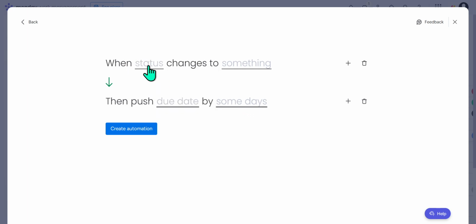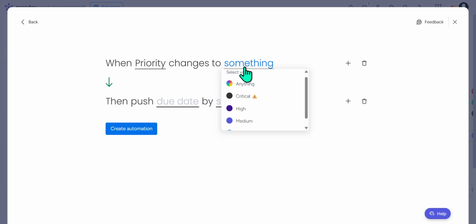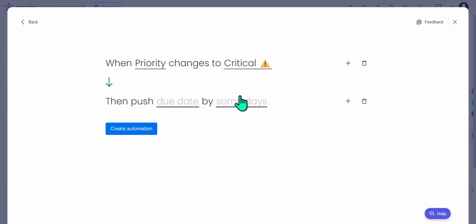Begin by clicking on the Status field within the template. This action allows you to choose the specific column associated with the priority status of your tasks. It's important to select the correct column here, as this choice determines which status changes will trigger the automation. Now you'll want to customize the Something part. Change this to the particular status that should trigger the due date adjustment. For instance, you might choose High Priority if that's the condition under which you need your dates to be pushed forward. This level of customization ensures that your automation only activates when necessary, keeping your project timelines aligned with your